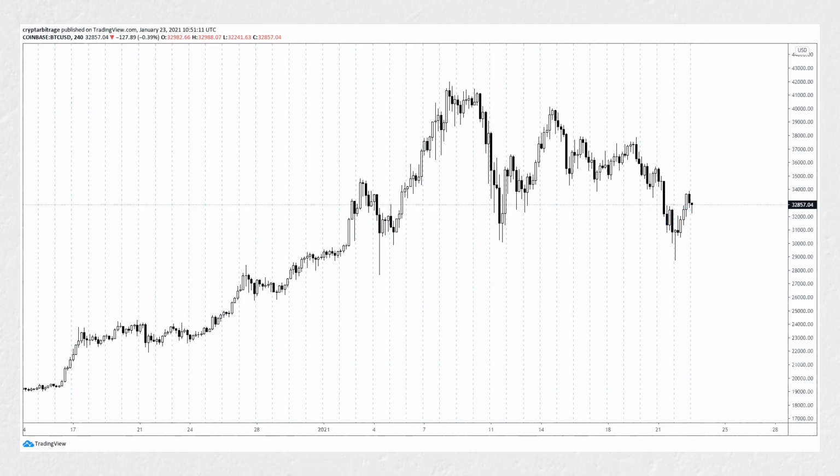Initially, price did continue to the downside, past our strike price of $30,000. However, it then rallied higher for the next day, eventually delivering at a price of $32,889.75, well above our strike price of $30,000. This means the option has zero value at expiry, resulting in the maximum possible Bitcoin loss for this trade of